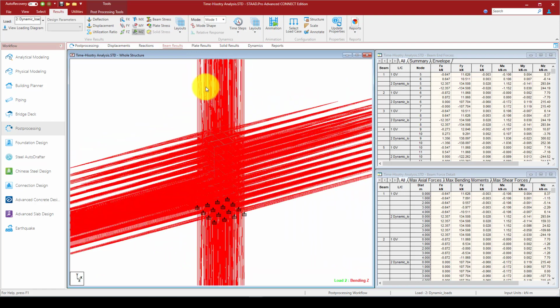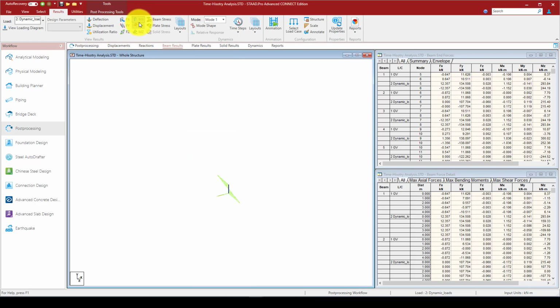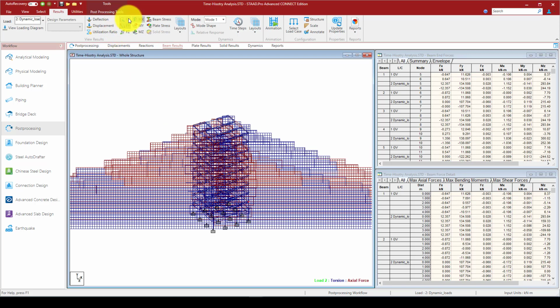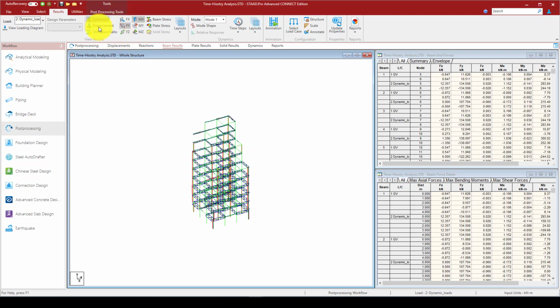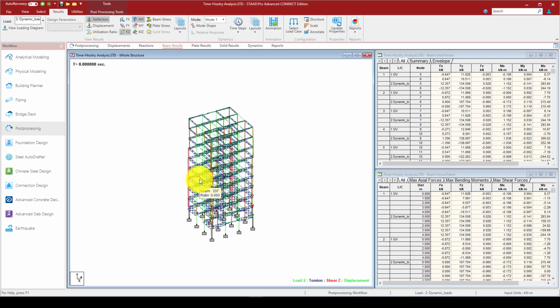So you can actually now you can see the moment in y, moment in z is quite large, and other direction, and the force in fx, so deflection, everything like this. So you can interpret the results as you wish, and